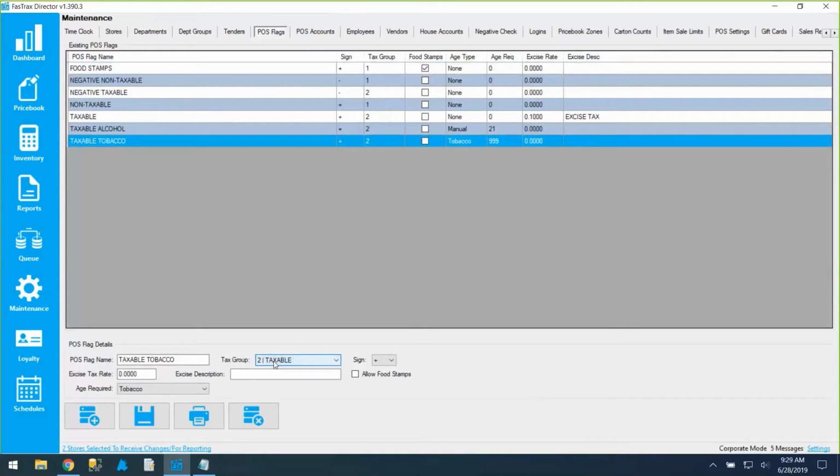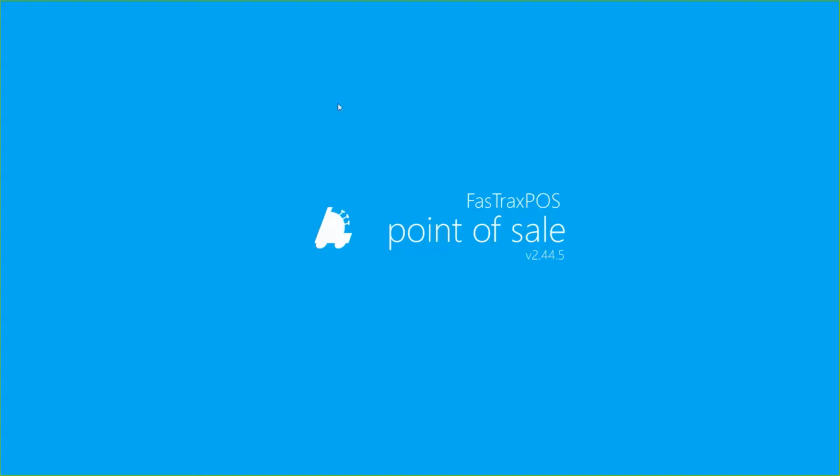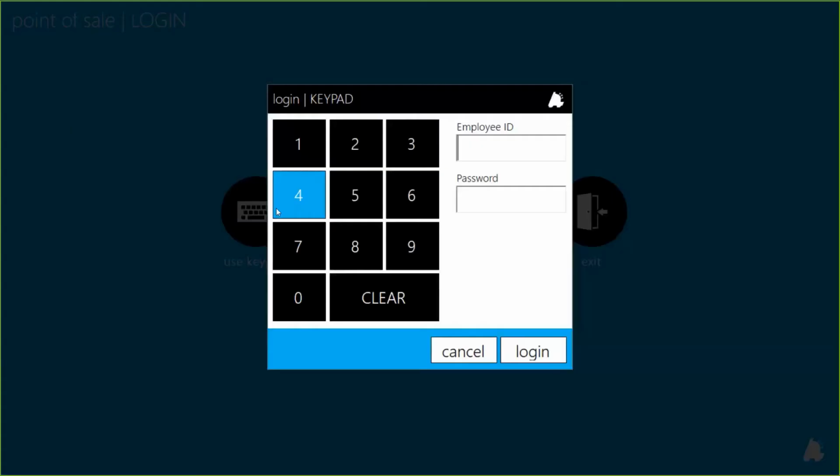So first, we're going to look at taxes. Due to the recent software update here in June of 2019, there's an additional way to do taxes if you're in a corporate environment. Now, first we're going to look at the way that it's always been. This is done via the point of sale. So if I open up the point of sale and I log in with the user that has permission to view taxes,